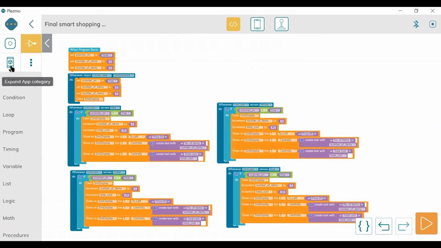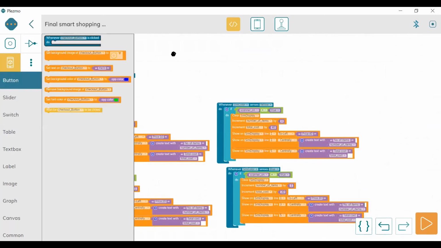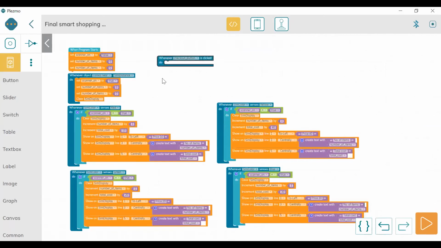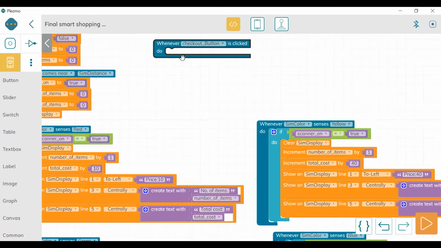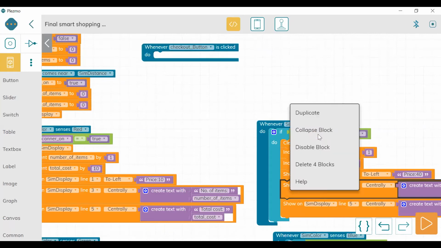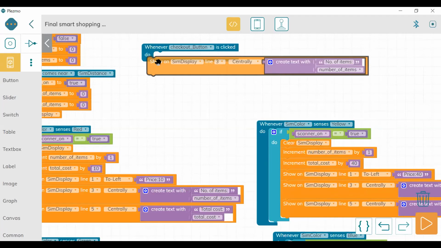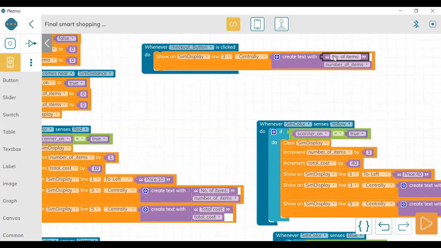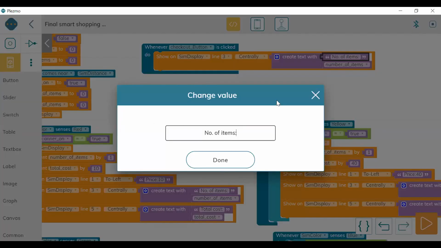Now let's go to the app design area, and here when the button is clicked, so here it is automatically coming. I will zoom out, sorry. Checkout button is clicked, then what to do? Then display. Okay, let's duplicate from here only, it will be easy. Display here total please pay. We can say please pay.